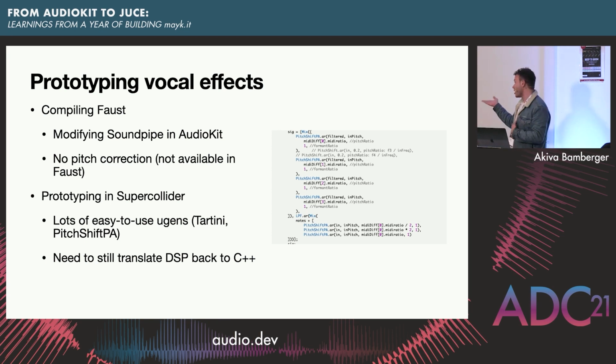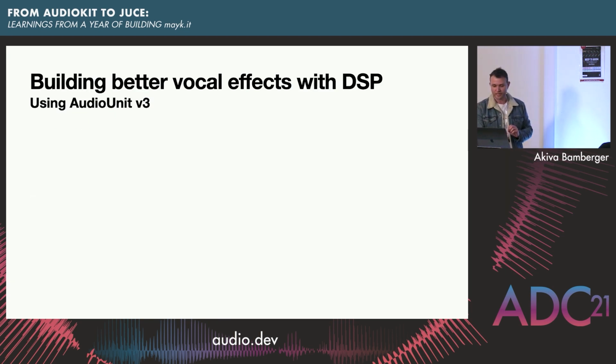This is an early harmonizer that I built. It's very easy to build many different kinds of effects with the UGens of SuperCollider. And all you really need to do then is translate the DSP code back into C++ at some point. And so we'll get into that because on iOS and Android, you don't start off in C++. In JUCE, you start off in C++. Everything in JUCE world starts C++ native. But if you're coming from an application developer perspective on iOS or Android, you're not really starting in C++. So I'll get into that later in the talk.